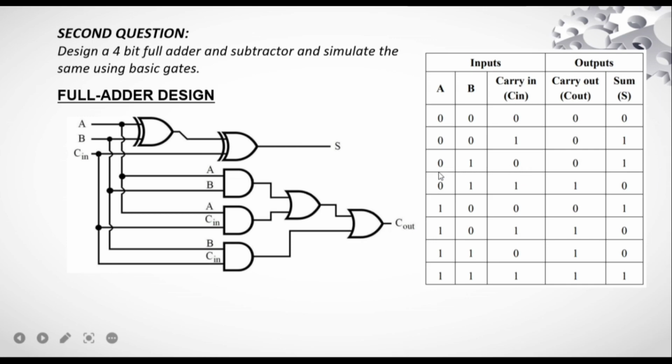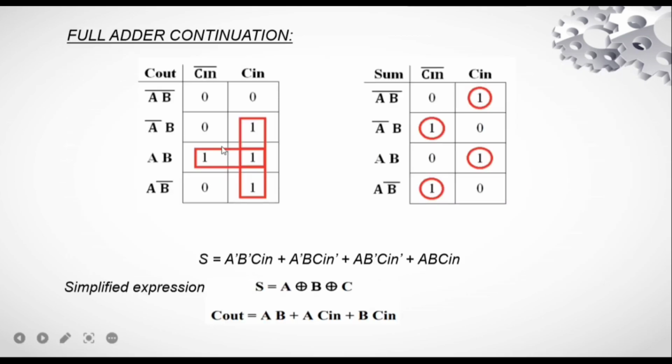Same goes over here. When one of the inputs is 1, the sum is 1, and when 2 inputs are 1, the sum is 0 and the carry out is 1. And when all the 3 inputs are 1, both the sum and the carry out will be 1. So here's the representation,